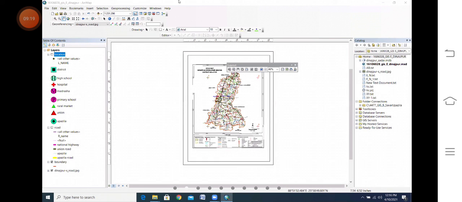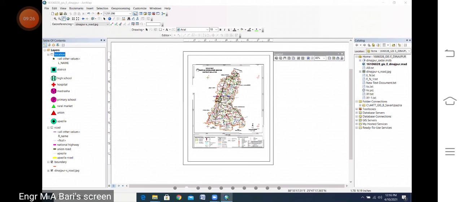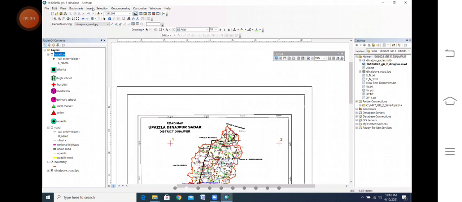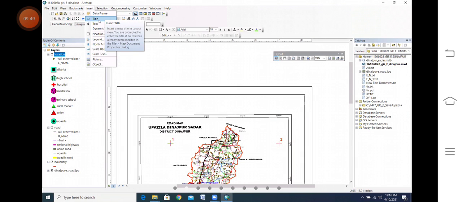Okay. Now, for example, you need to give the title. Look, this is the area of title. You want to see these things clearly, so you need to click layout zoom and make it like that. Now the insert. Look at these things. Insert, that is the item for title. Click it.